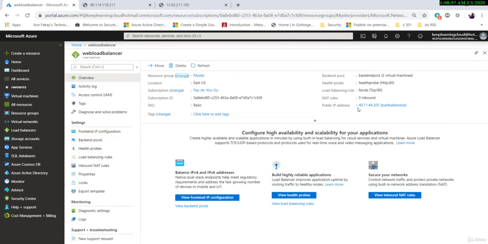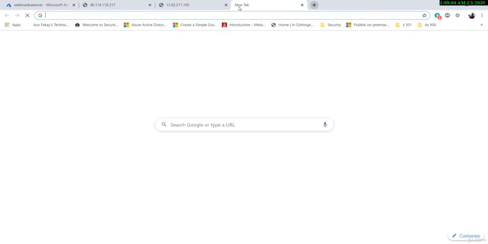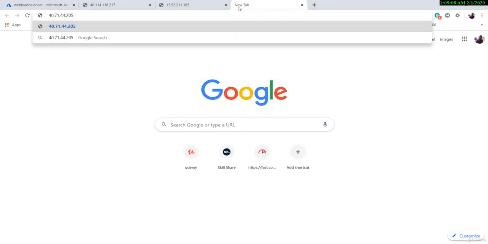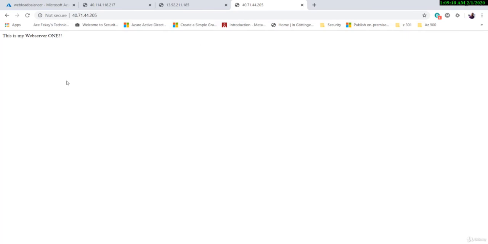in place. What we can simply do is copy this part of the public IP address, or even maybe the whole part of it, and then paste it in the address bar and remove this particular section and then hit enter. There you go. So this traffic from the public IP address of the load balancer took me to web server 1. Well, you may hit refresh multiple times and you may land up on web server 2, but then looks like web server 1 is happy handling my request and it is not sending to web server 2 at